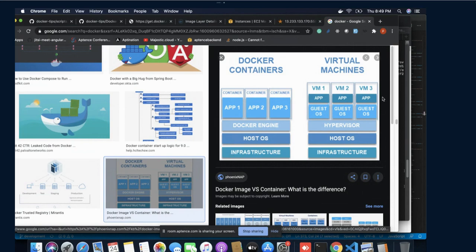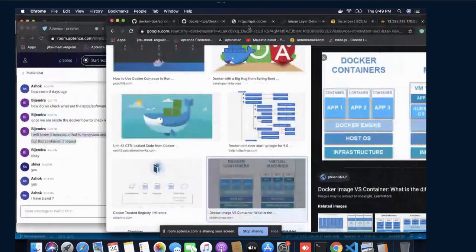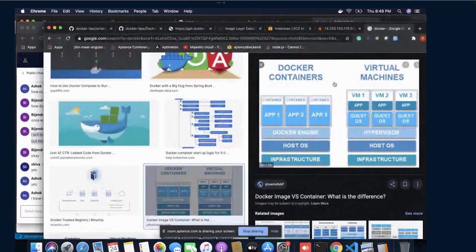So guys, is that clear? Using this diagram, you can see the difference between a Docker container and a virtual machine, and how it is different from a traditional operating system.